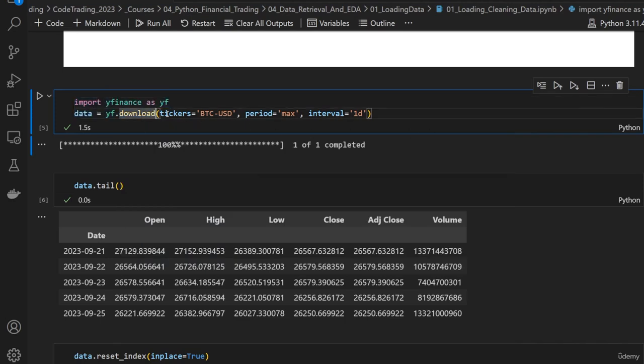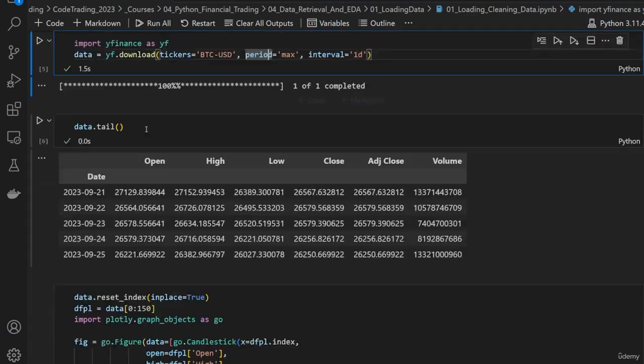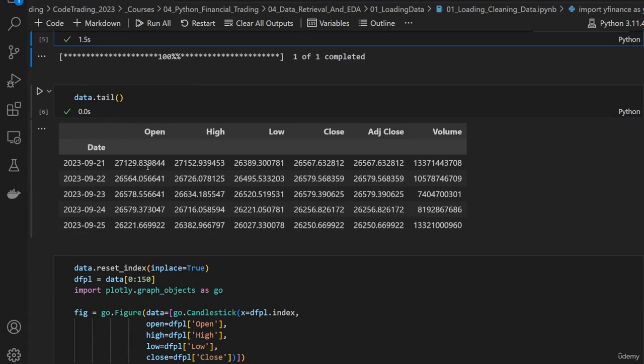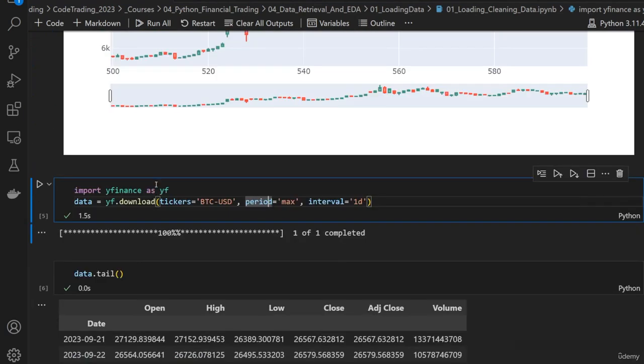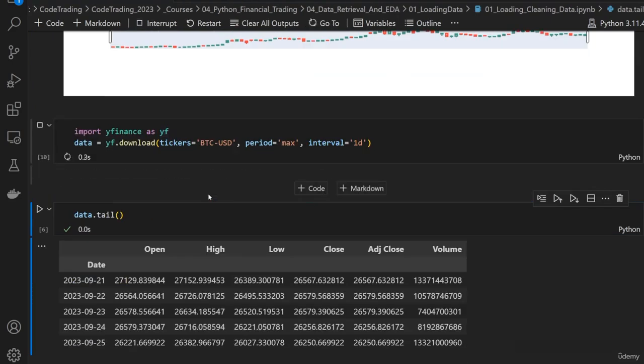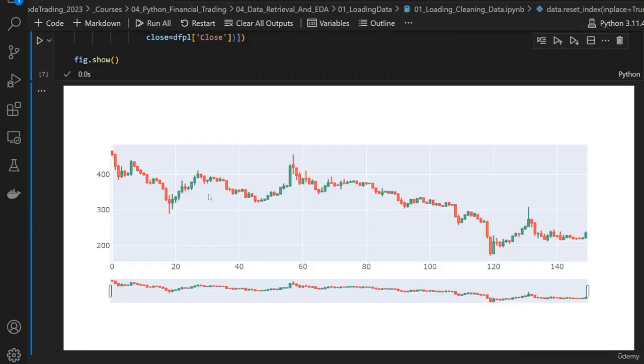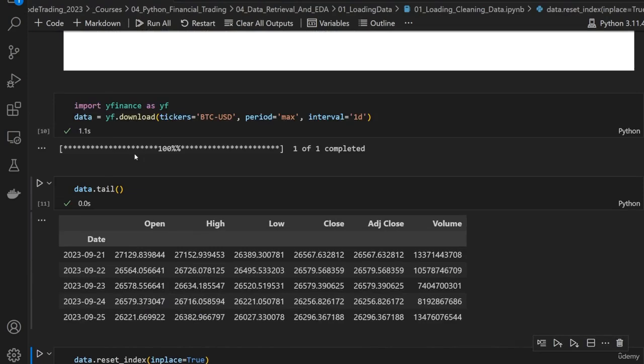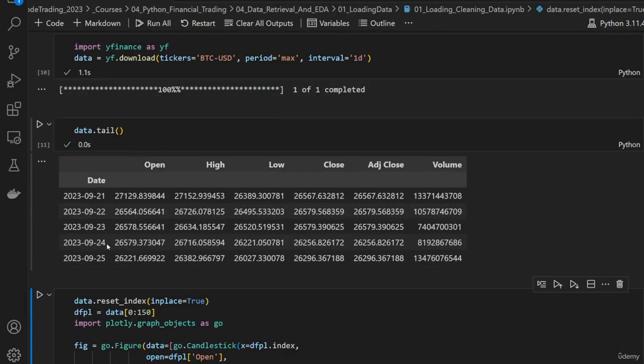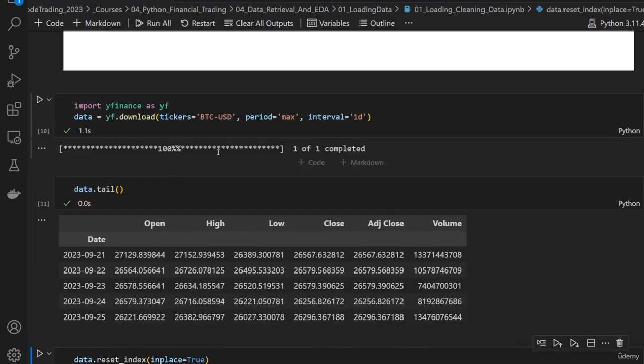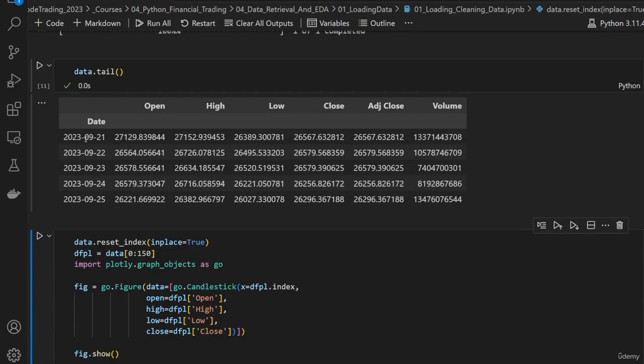I'm downloading, let's say, the tickers Bitcoin, US dollar, the maximum allowed period, and the interval is 1 day. Then I'm plotting the tail just to make sure. So I'm going to try to run this now. And then I can see that it just downloaded the most recent data, for the maximum period of time. So we can plot the tail, we can plot the head,